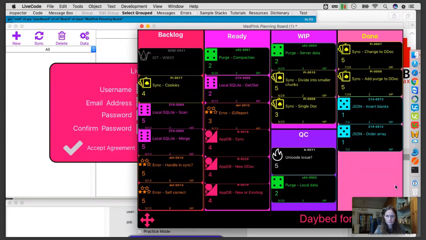The width of the columns, the color of the columns, the number and label of the columns, how the cards are set up, all of this is customizable, and all of it needs to be kept track of. And in order to also allow it to be used on multiple devices, it has to be synced. So all of this information is available in an array in the application, and